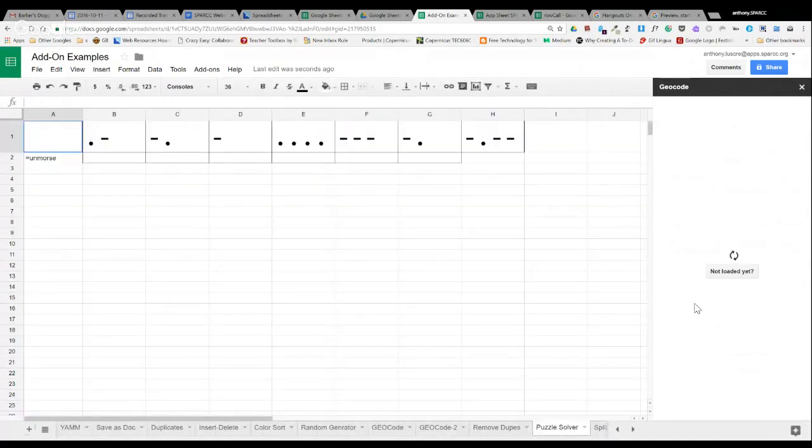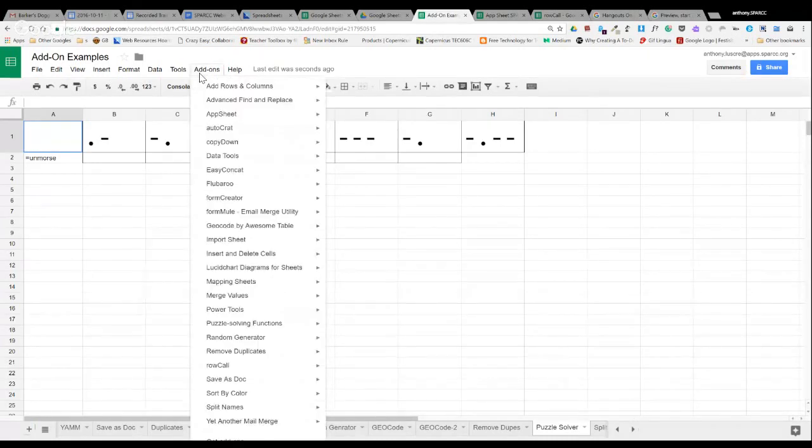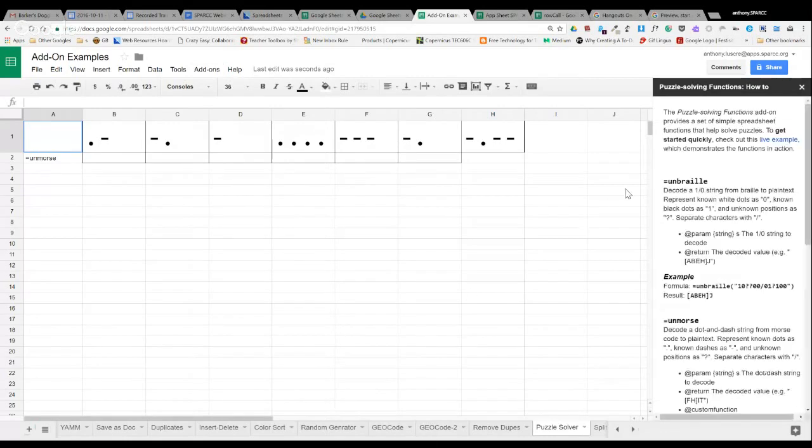This is called Puzzle Solver. We'll go ahead and close Geocode, and this is a really just off-the-wall type of thing. And it's right here. It's called Puzzle Solving Functions, and it's sort of a weird add-on, but I just want to give you an example. It turns Braille into letters and back and forth. One of the things it does is it takes Morse code and it converts it from a dot and a dash, or a dit and a da is what we really call those in Morse code. And if I put this formula across the bottom here,